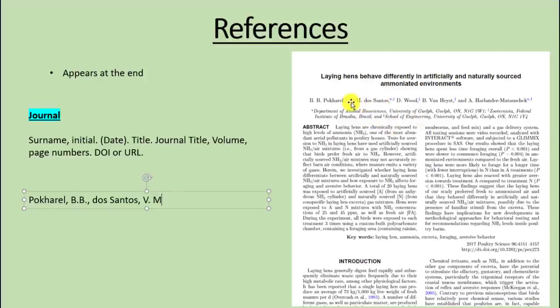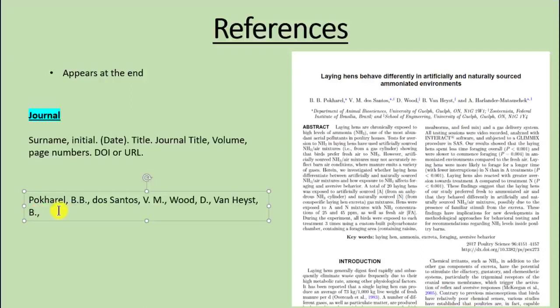Dos Santos is a surname and VM is the first and middle name, full stop, comma, then the third name is Wood, comma, D, full stop, comma, then the fourth one is Van Hest, that is a surname, comma, B, so I think there is a space in Van Hest, B is a first name, and then full stop,